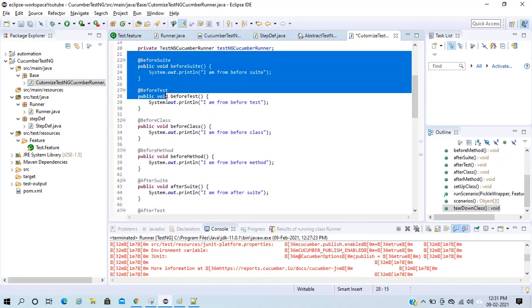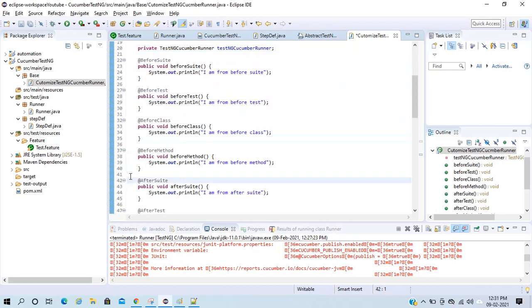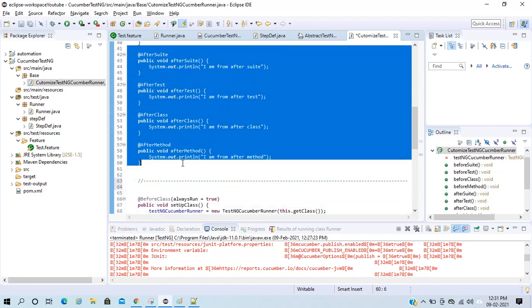So I have before suit, before test, before class, before method, then after suit, after test, after class, and after method.